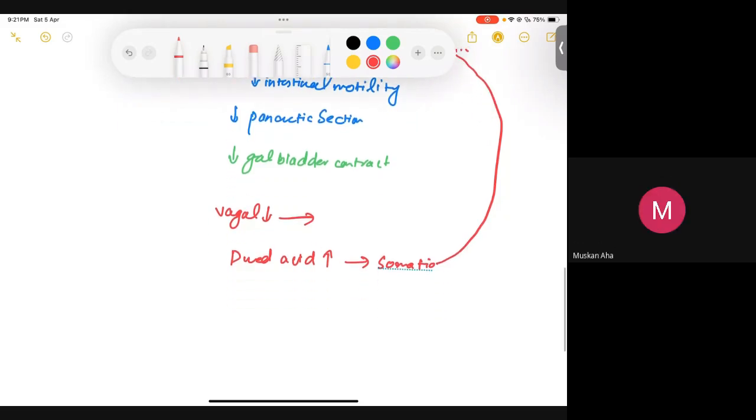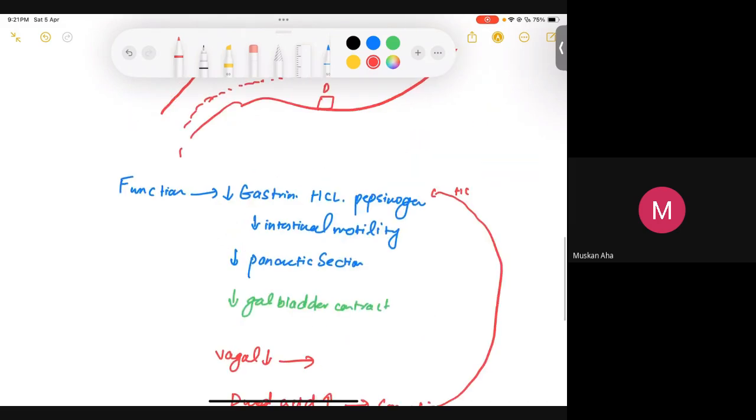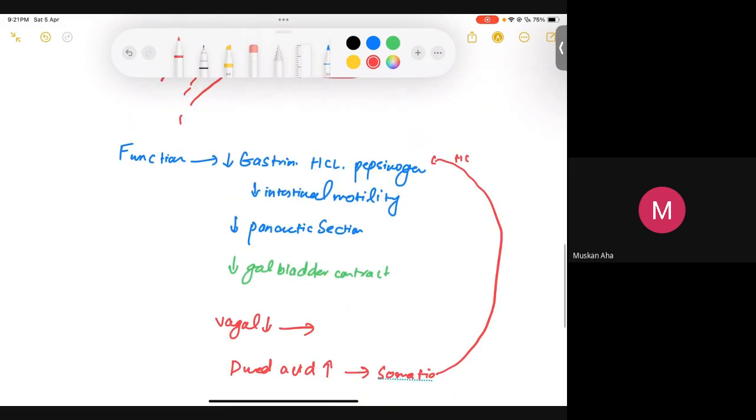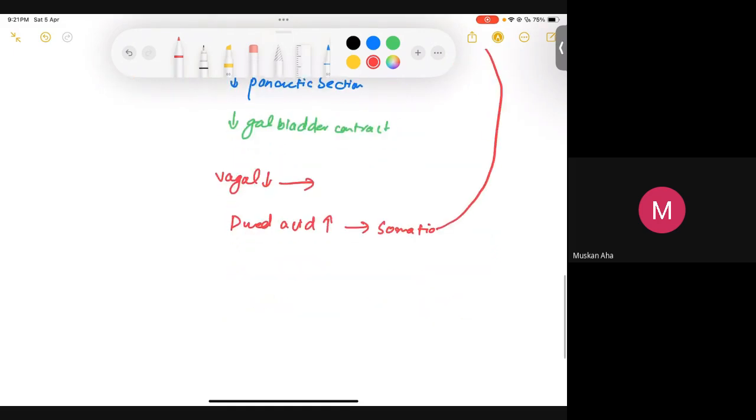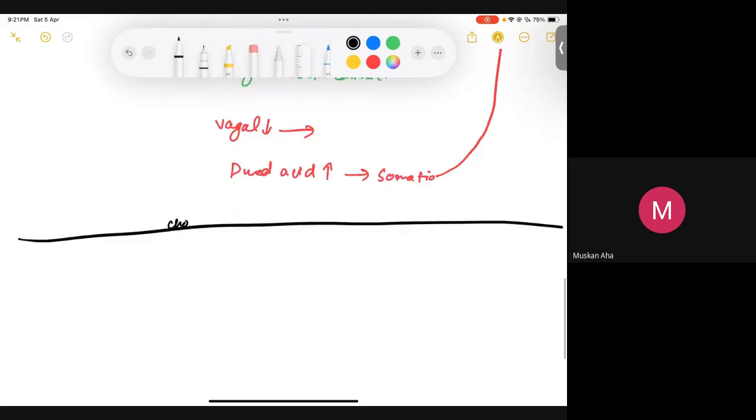Okay, perfect. We discussed that somatostatin also inhibits your insulin and glucagon. We already discussed that it also decreases the release of growth hormone. The drug we discussed, octreotide, which is an analog of somatostatin, is basically given in acromegaly. We already discussed that in our endocrine section. Okay, perfect. So let's discuss our third hormone, that is